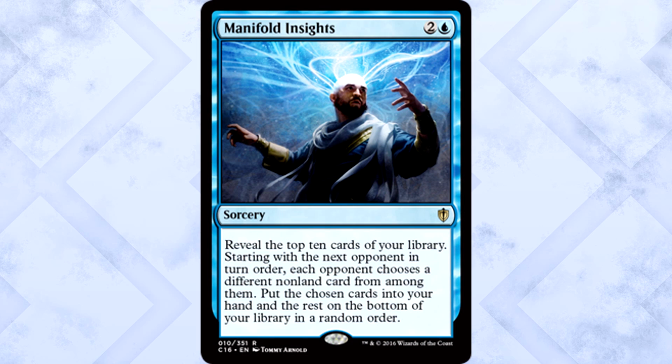Manifold Insights is 3 mana for a sorcery. Reveal the top 10 cards of your library. Starting with the next opponent in turn order, each opponent chooses a different non-land card from among them. Put the chosen cards into your hand and the rest on the bottom of your library in a random order. In a normal game of 4-player Commander, this is 3 mana to go 10 cards deep and get your 3